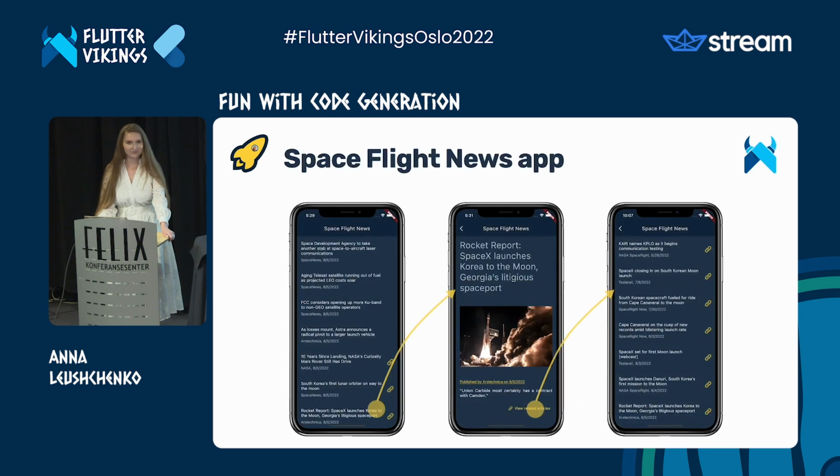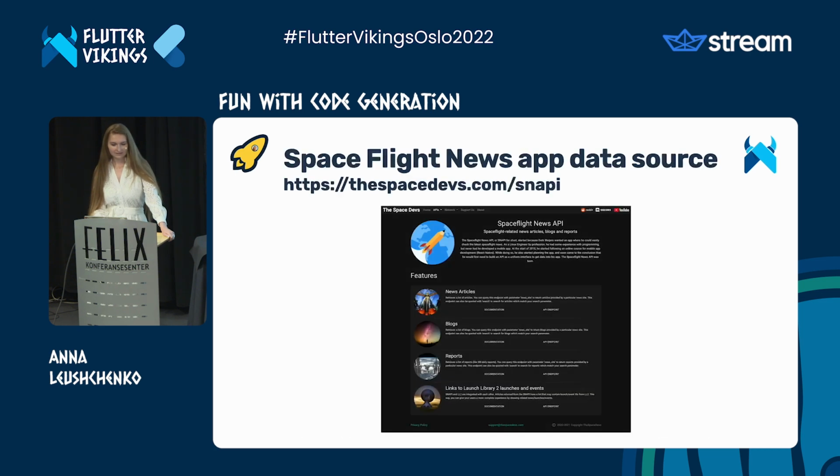The application I'm going to develop today is a news app. When just opened, it shows a list of recent articles about space flights. Users can tap on the list item and see the article details, image, a link to read the text on the source website, and some details. Also, some articles are dedicated to a space flight that was mentioned in several news. They are marked with the link icon. When the link button is tapped on the article details page, it opens a list of articles related to the same space mission. As a data source, I will use the Spaceflight News API from the Space Devs.